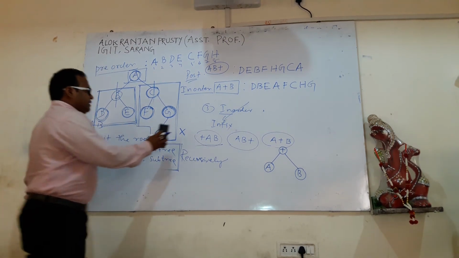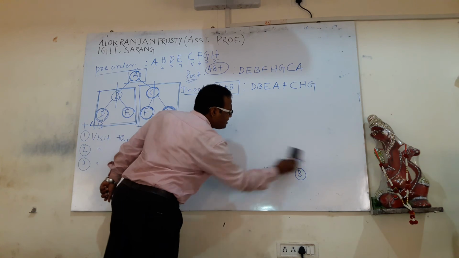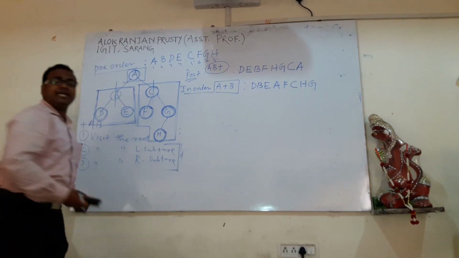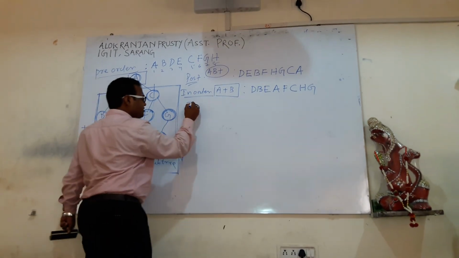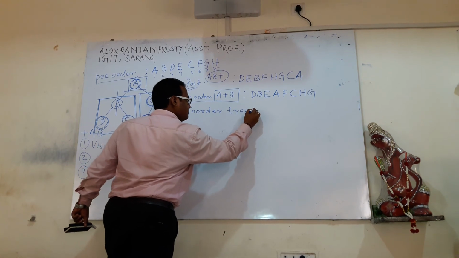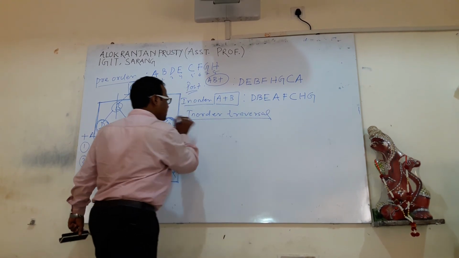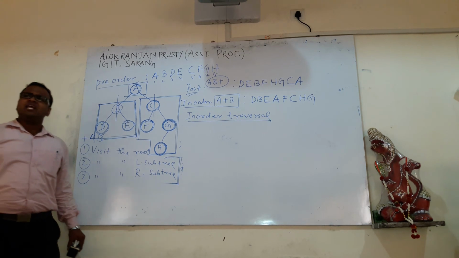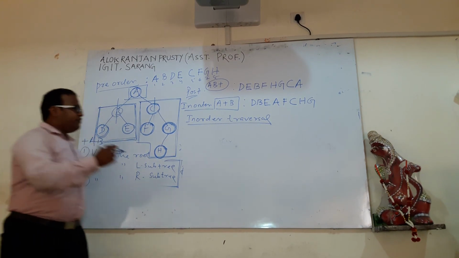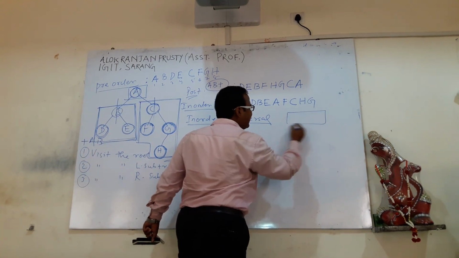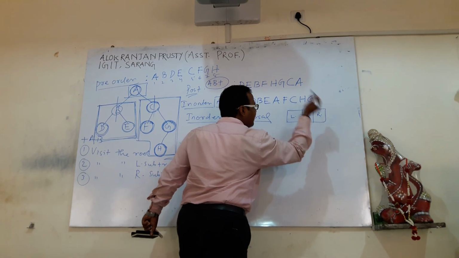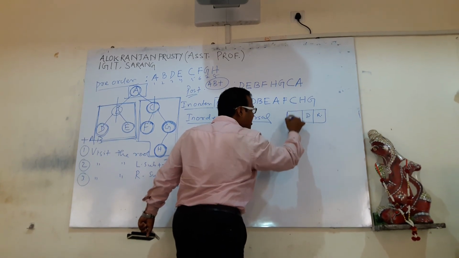Okay. Now, if I will write the things in the form of a procedure, then how can I write the procedure for in-order traversal? Now tree is a collection of what? Nodes. So node is a structure. If we represent this structure in the form of a linked list, then we know that this is the data part, this is the left, this is the right address of the node. That means this is the left part of